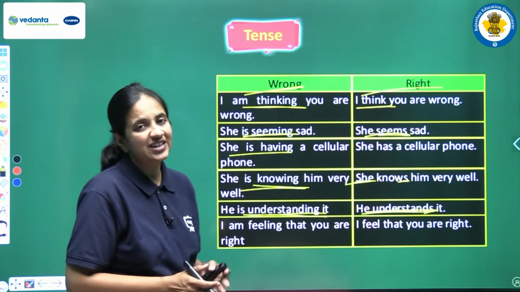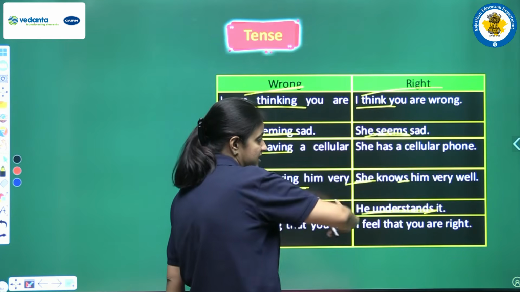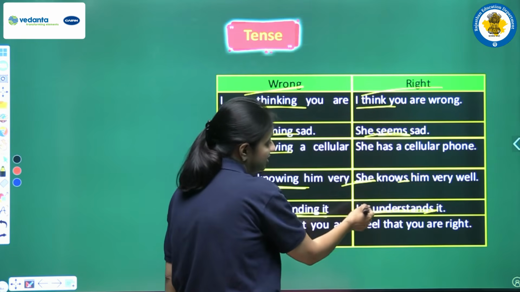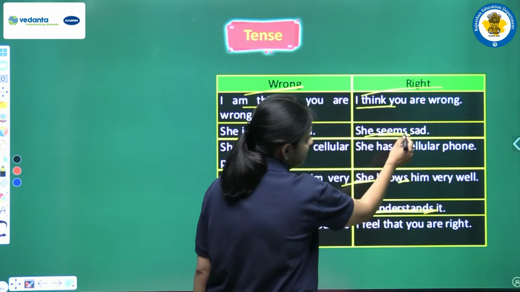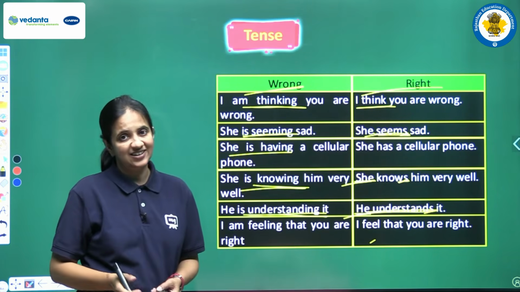I am very much sure कि ये rule, ये tense आपको अब clear हो चुका है. So because this structure is a present simple tense structure and our subject is singular here, this is also singular, and this is the reason we are adding s. यहाँ पे भी हमने s ऐड किया है, understand में भी हमने s ऐड किया है, right?